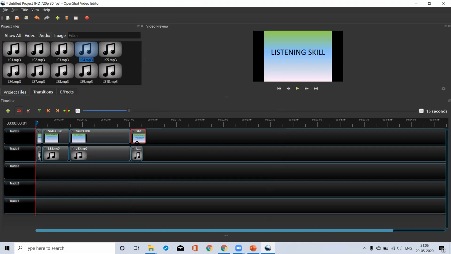Again, this slide is actually bigger than this audio file, so I'm just adjusting it. I'm decreasing the size of the image file. If we want to undo, the same keys, Control Z, we can use here.